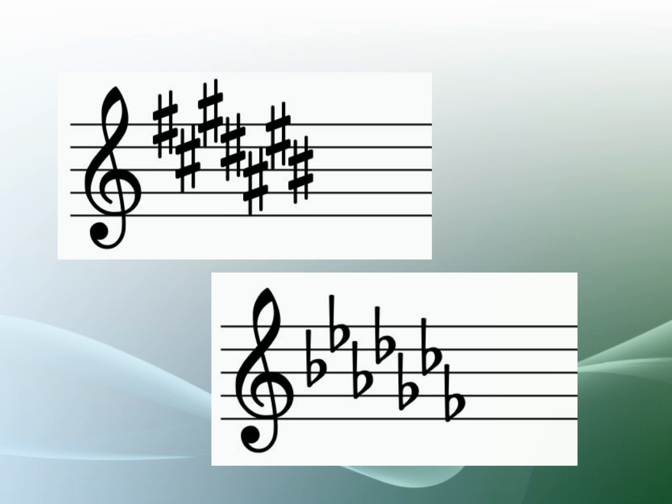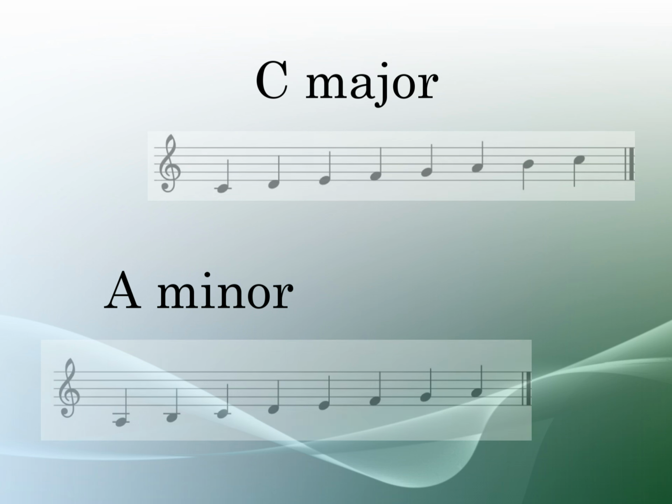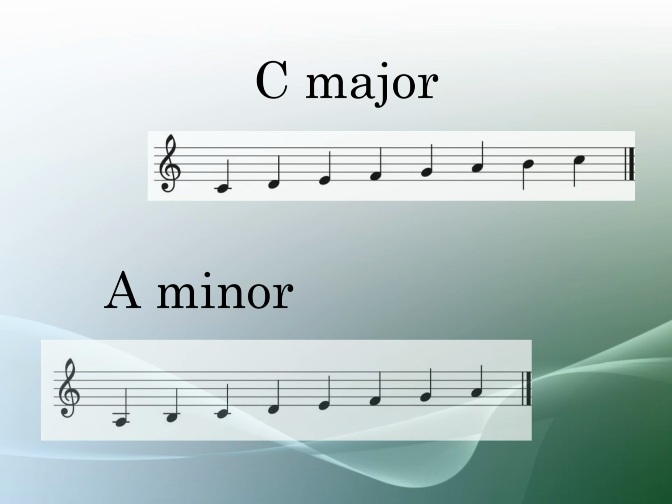First, we'll look at major and minor. A key signature is not the same thing as a key, but the two are very closely related, so they're very easy to get confused. There are two different types of key, a major key and a minor key. The difference is the pattern of tones and semitones in a scale of these keys. One way of thinking about them is that major sounds happy and minor sounds sad, though this is simplifying